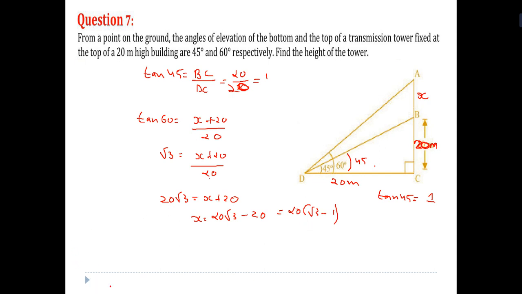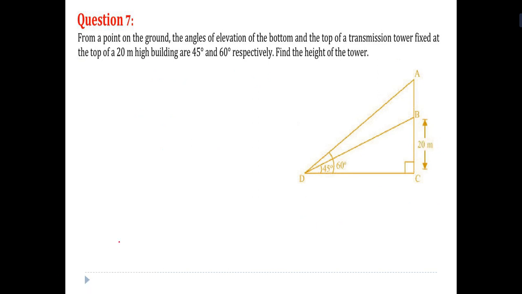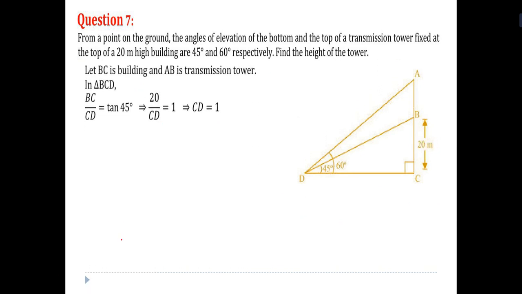Let me see how they are doing. BC is a building, and AB is a transmission tower. In triangle BCD, tan 45 is equal to BC upon CD, which is 20 upon CD. Therefore CD is equal to...